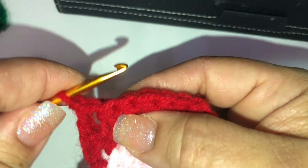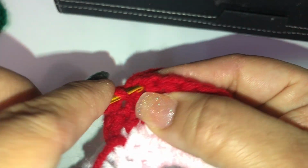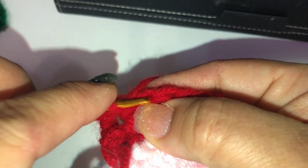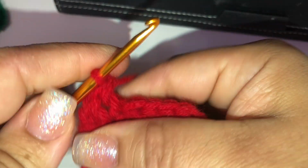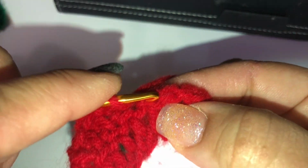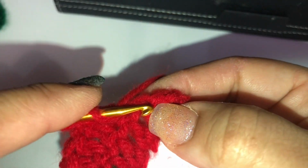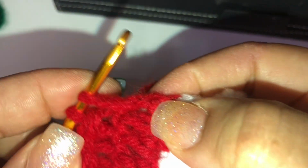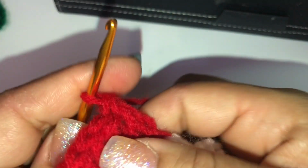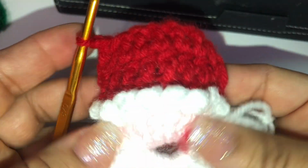Skip that first stitch, make double crochets all the way down the line to the last 2 stitches. So that's 2 double crochets for this row, 3, 4, and 5, and we are going to make a decrease now in this last 2 spaces. Chain 1, turn your work, and so far